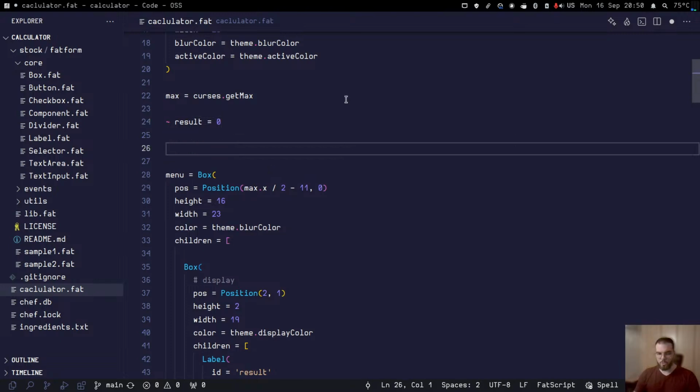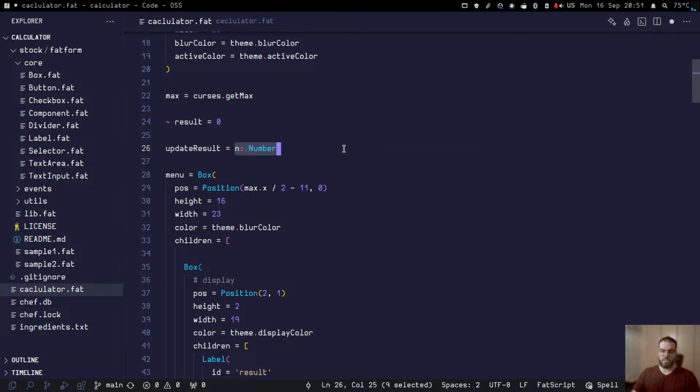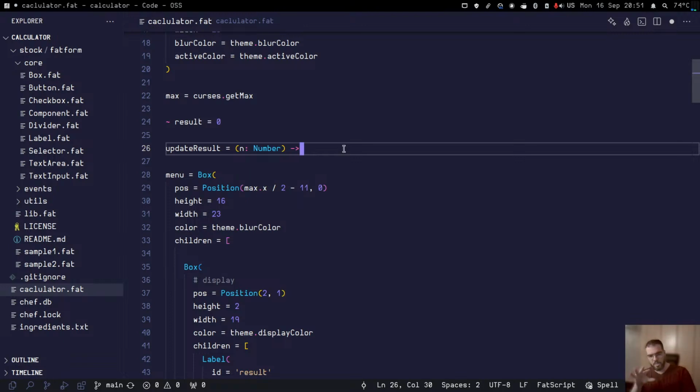We also need an update result, which is basically a function which takes in a number. With that number, it's going to take that number and change the value